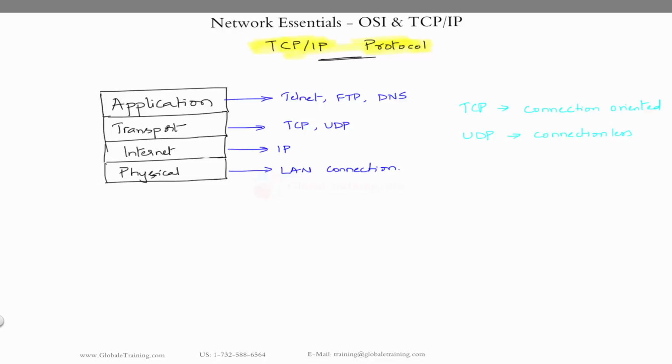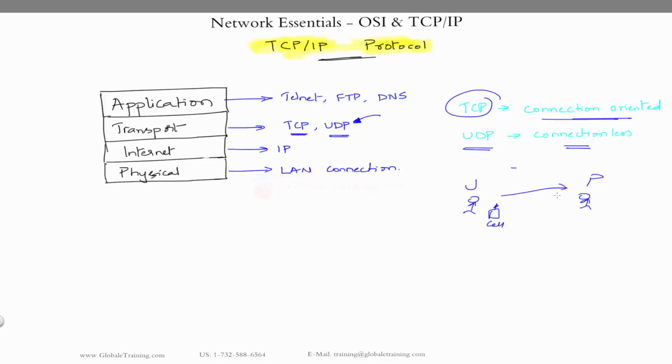In the transport layer, you have the TCP protocol and the UDP protocol, and that is a protocol used to transport data. TCP is connection oriented, meaning both the parties actually connect before transmitting data. UDP is connectionless, which means there's no connection established to send the data. An example is, let's say John is trying to communicate with Peter using his cell phone.